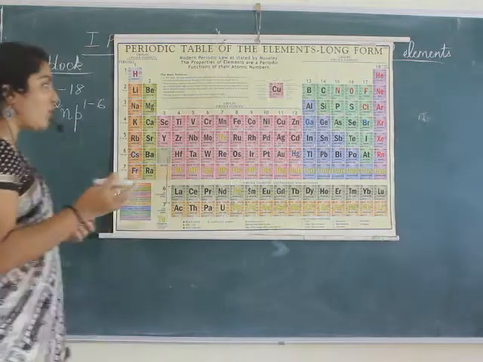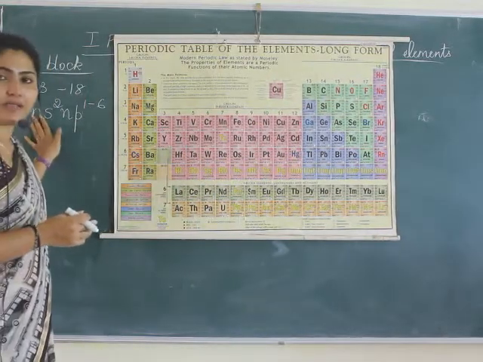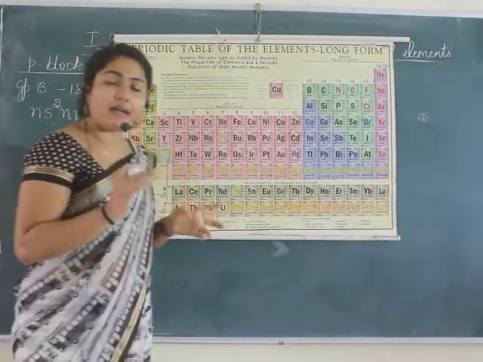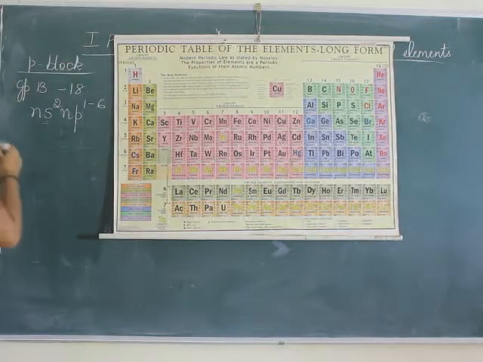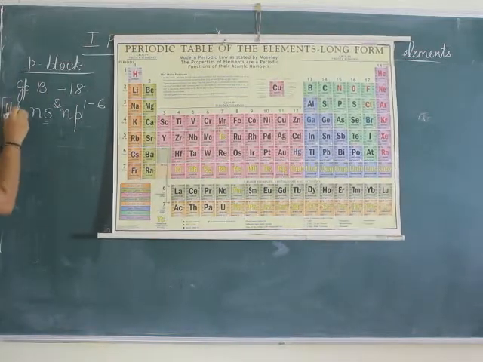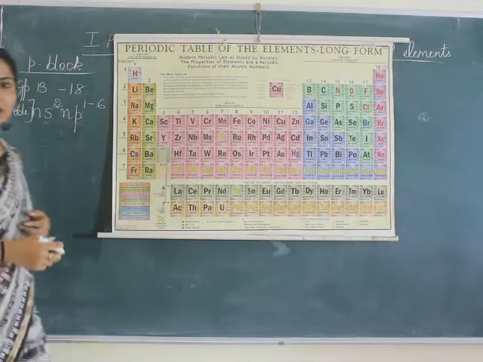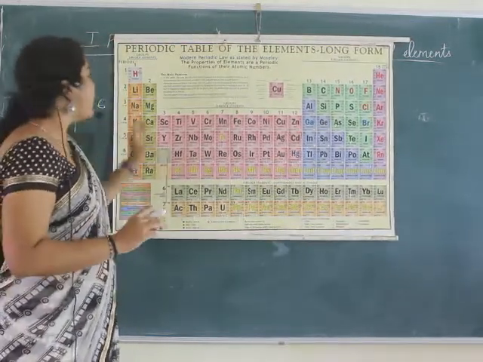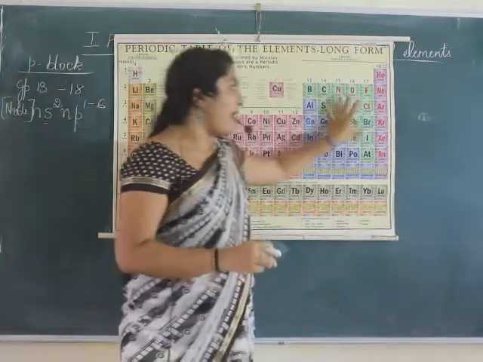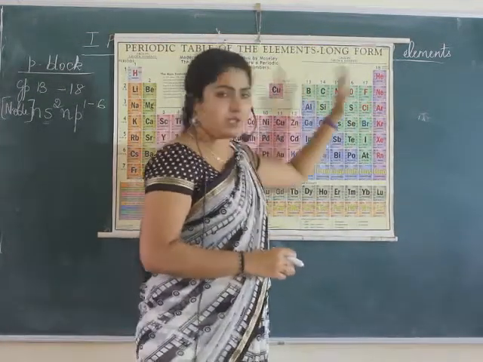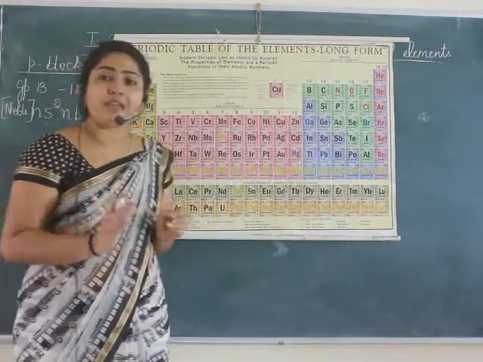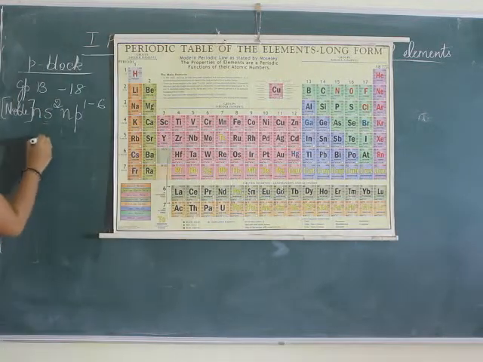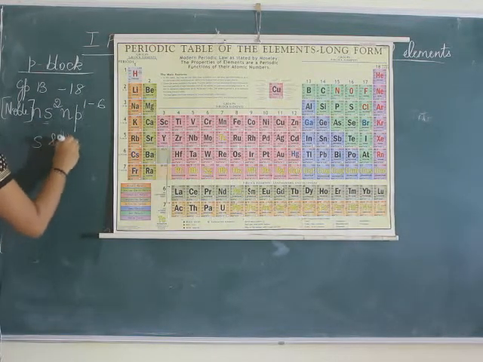So generally the outer shell electronic configuration we write as ns2 np1-6. Whereas if they ask you general electronic configuration, how do you write? You'll have to mention noble gas configuration into ns2 np1-6. Clear? Now let me tell you one more important point, that S block elements and P block elements from 13 to 18 as well as 1 and 2 together, they are called as representative elements. What are they called as? S block and P block